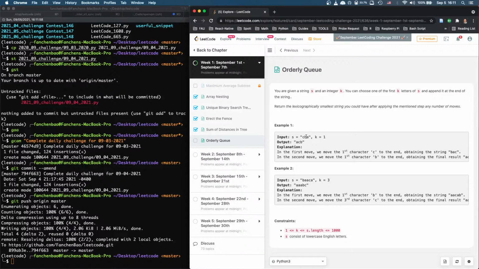Remember, we can move any letter to the front. Like any letter we want, we can just keep going, just popping, adding, popping, adding, and we can move it there, all right? Therefore, it is possible to get the smallest K letters to the front. It is possible. Now, after we get the smallest K letters to the front,